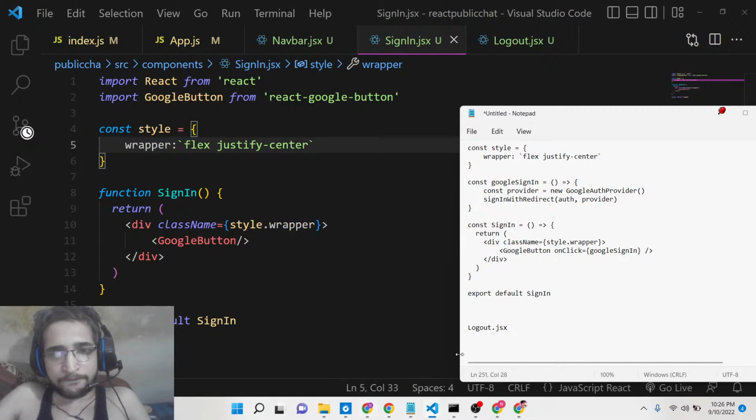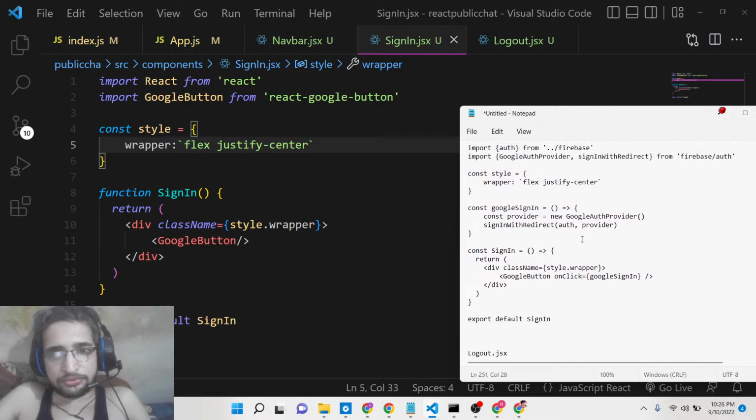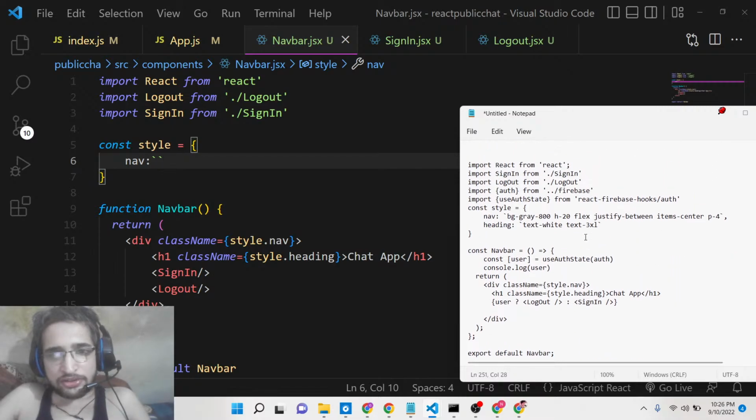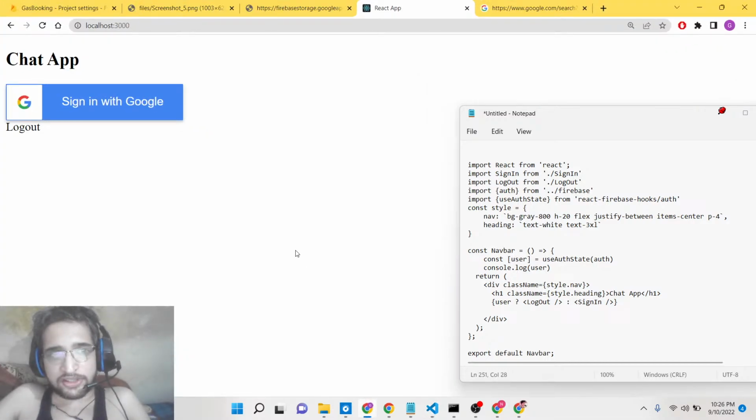So that's it. So basically, after this you put the navigation bar styles here. So navigation, it is there like this navigation bar. So basically we will put the background color will be gray 800. So 800 is a shade by Tailwind CSS. So if you now refresh it,